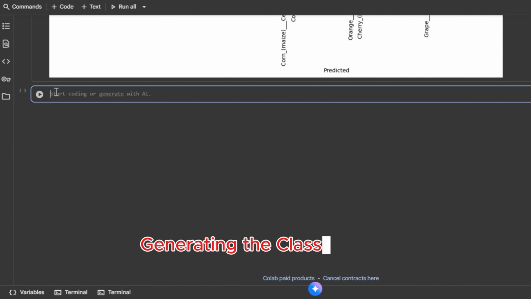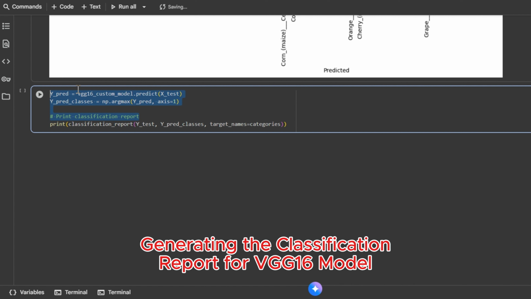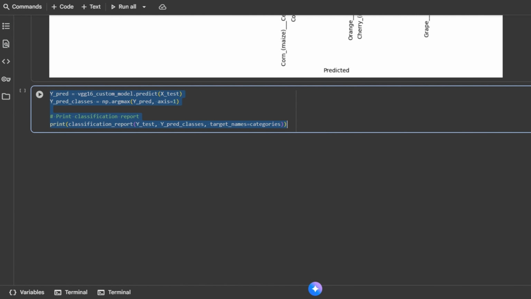Generating the classification report for the VGG16 model. This code evaluates the VGG16 model's performance in detail by generating a classification report. First, the VGG16 custom model.predict produces predicted probabilities for each class in the test set. The line np.argmax converts these probabilities into predicted class labels by selecting the class with the highest probability for each